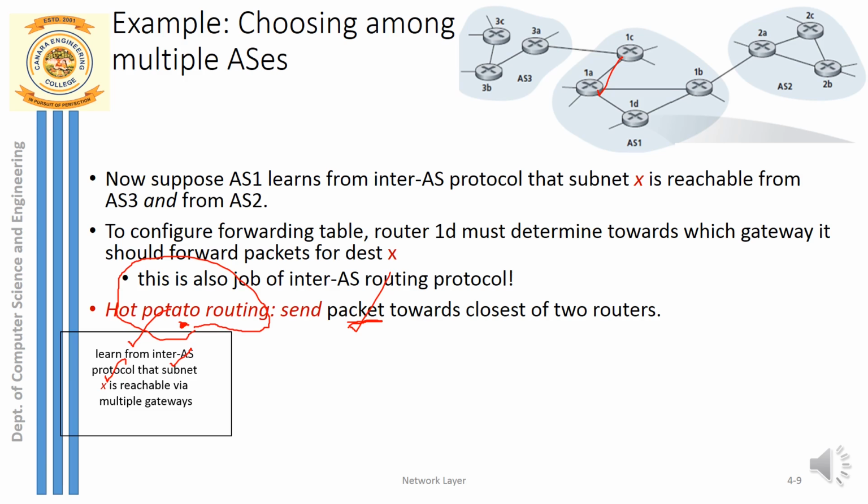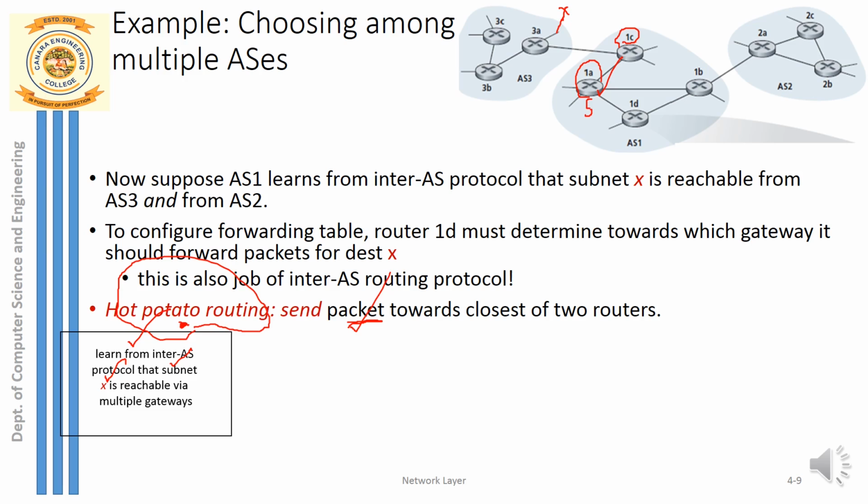Suppose I have a subnet X which is the destination, connected to router 3A, and we know that 3A belongs to AS3. So this source router 1A also should know about that. Suppose source router 1A wants to send a packet to the destination subnet X. First, through the inter-AS routing protocol, that is across the organization, 1C should find out whether X is reachable through